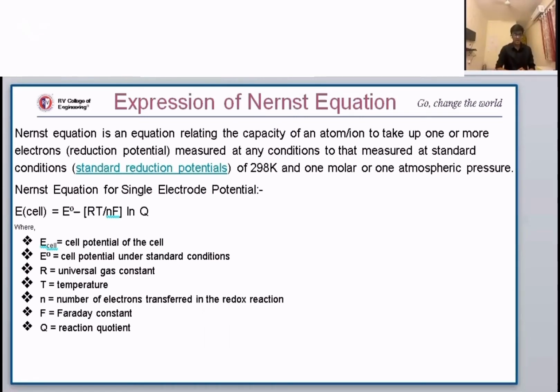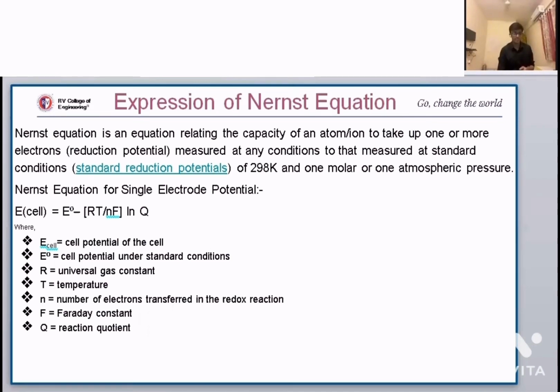Now, each character determines something. E cell is equal to the cell potential of the cell, while E naught is the cell potential under standard conditions. R is the universal gas constant, T is the temperature, n is equal to the number of electrons which are being transferred in the redox reaction, and F is equal to the Faraday constant, while Q is the reaction quotient. Reaction quotient, you can understand that basically it is the ratio of the atom which is being reduced to the ratio of the atom which is